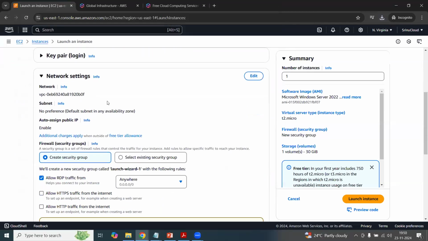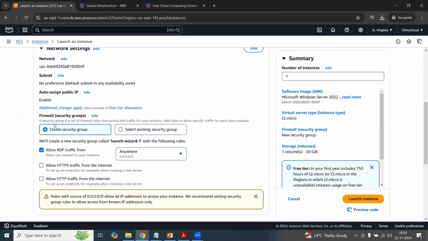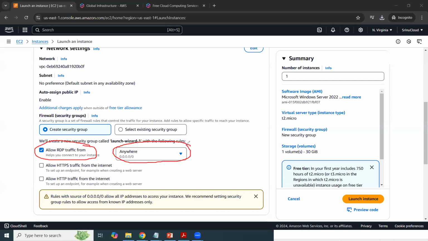In these network settings, by default, it is going to allow the settings as they are. It is going to allow RDP traffic. What is RDP? It is going to allow it from anywhere. You should be able to understand what this sequence is, what this network identification is, what the traffic is. This port number is going to come from